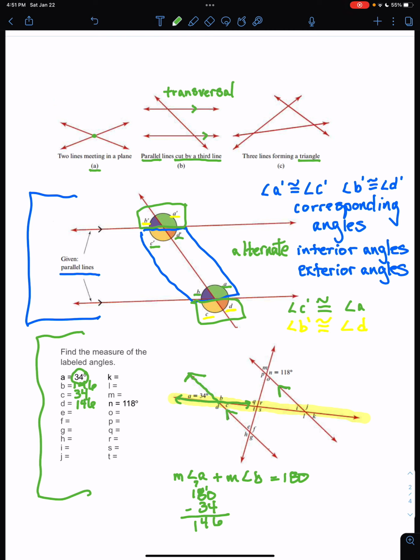Now we have to do some things so that we can take a look at some corresponding angles. Whoops, why did that not erase? I don't know. There we go. Some corresponding angles on that same transversal. So again, here is our transversal that we're looking at. So our corresponding angles would be this